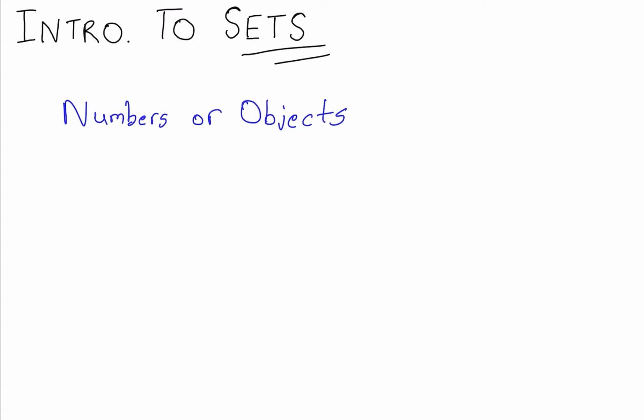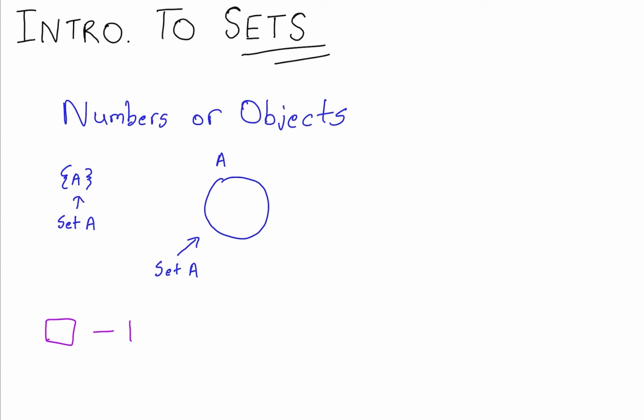Typically, when we look at number sets, we write them like this, where this is set A. We can also show them using Venn diagrams, like this over here, where this is also set A. Got it? Now, sets are important for a number of things, from data notation